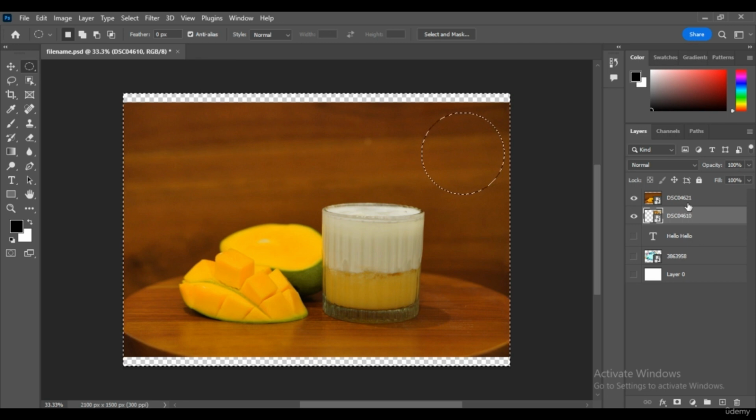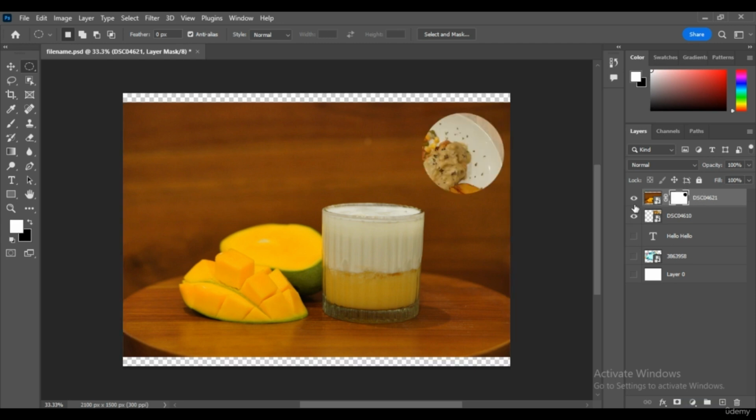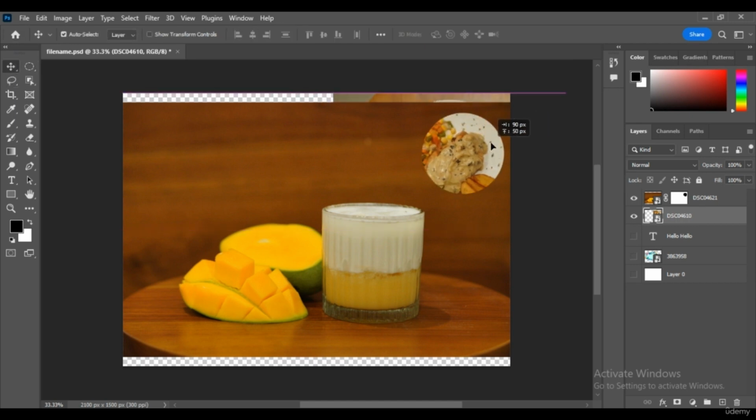Then on the first layer, you can click this Add Layer Mask so that you can have the hole in it. Then you can see the picture of the second layer over here.